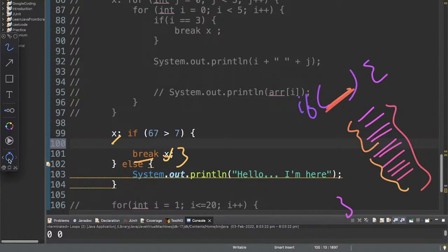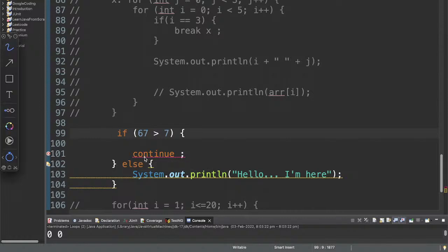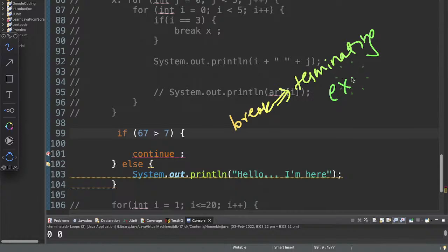Now let's try with continue. Can I do continue? No, we get an error. Continue cannot be used outside of a loop. Let me remove the labels. Still we are getting an error. See what break does: break was terminating our execution, and now what continue was doing,